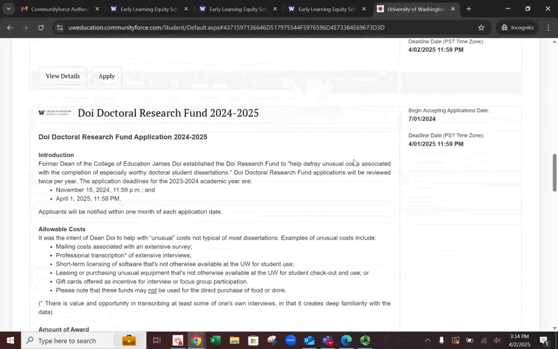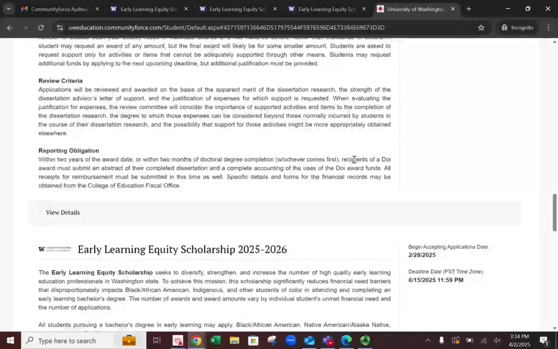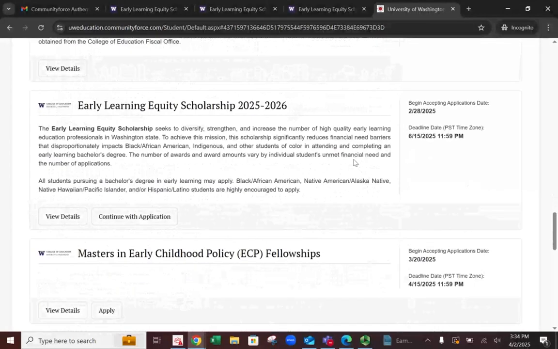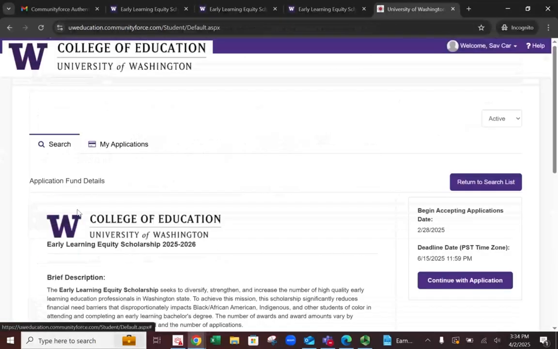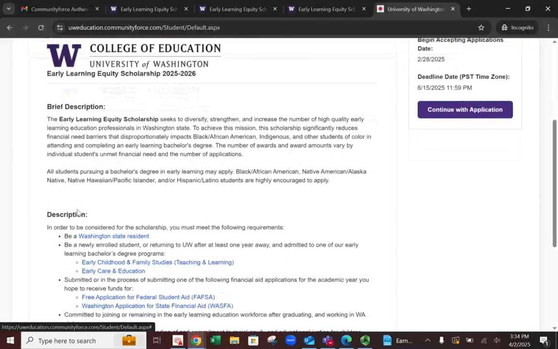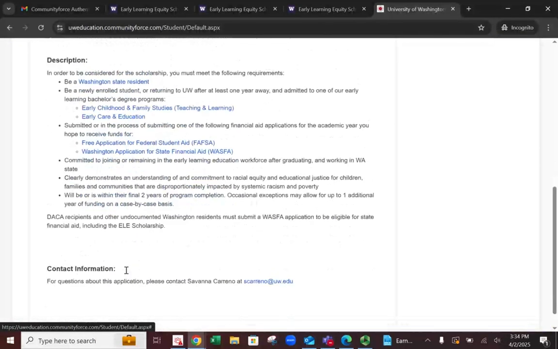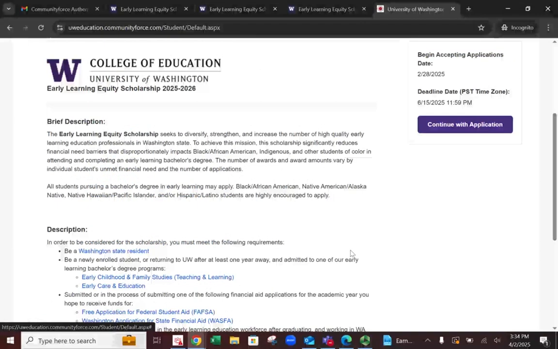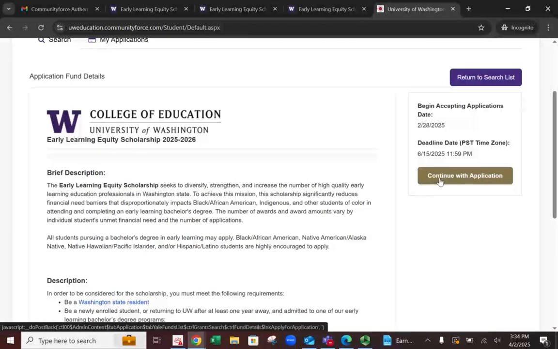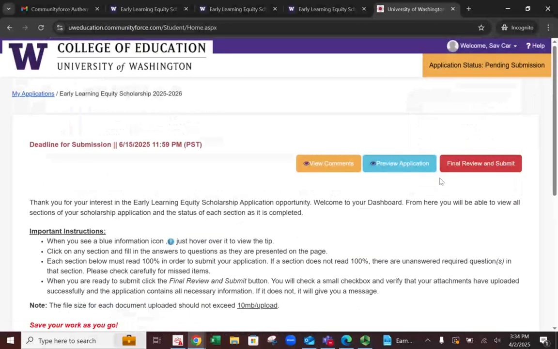But for the Early Learning Equity Scholarship, you'll scroll down a bit and see it right here. You can view the details of it, which includes a description and the criteria for being eligible. Then in the top right corner, you can either start or continue the application if you've already accessed it.